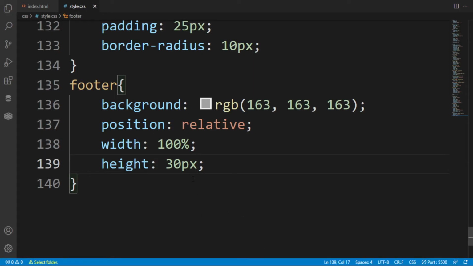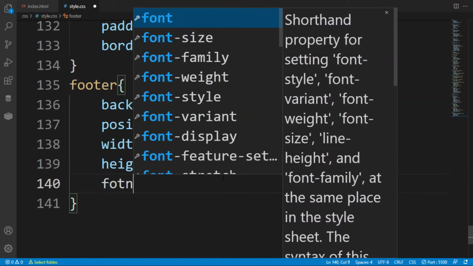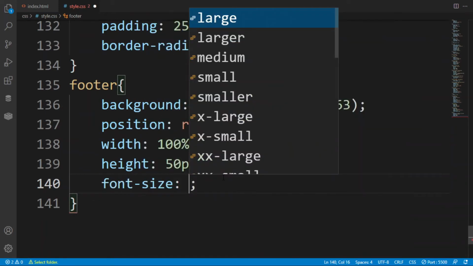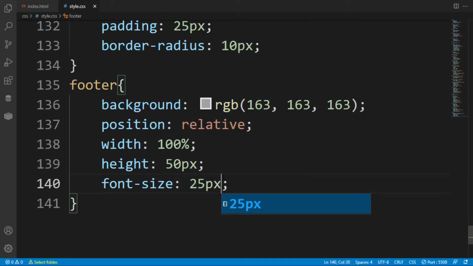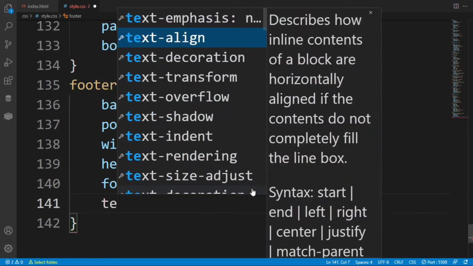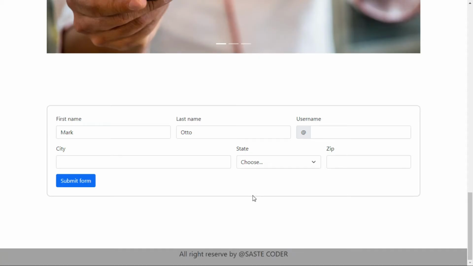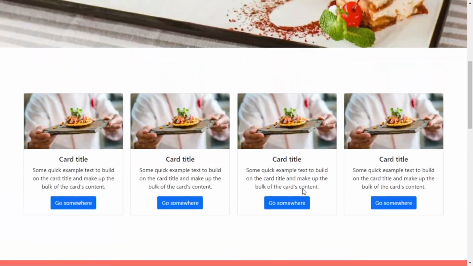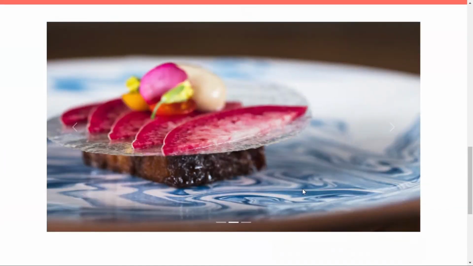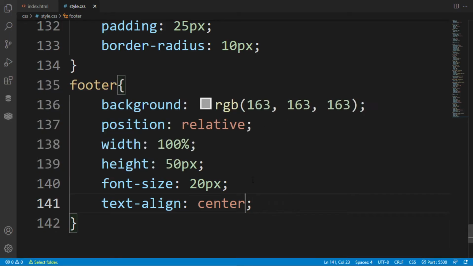So height is 30 pixel or 50 pixel, increment according to your choice. I have increased it to 50 pixel, and giving the font size 25 pixel, and it will be way larger, so put font size 20 pixel, and after that I am giving text align center so all the text that we have created will be at the center. So this is the beautiful web page that we have created till now.